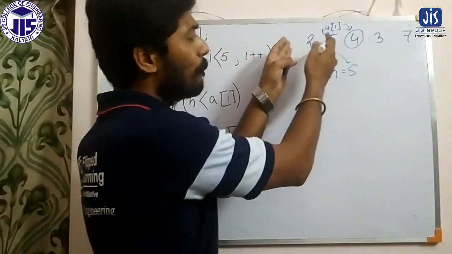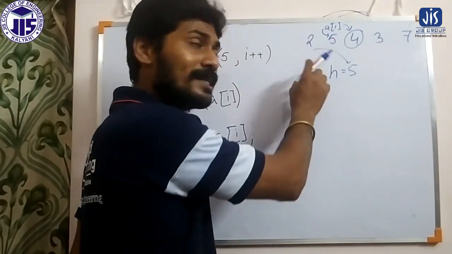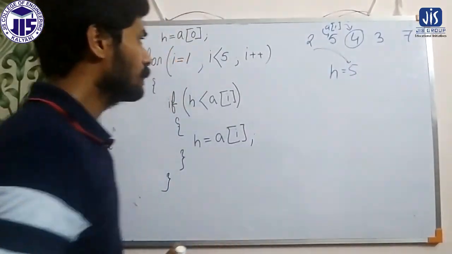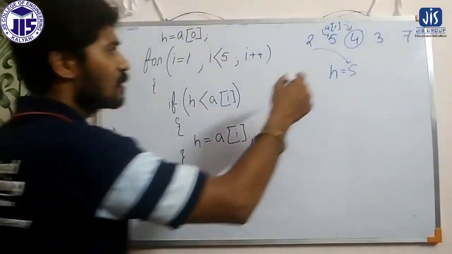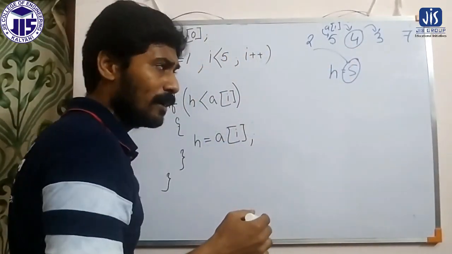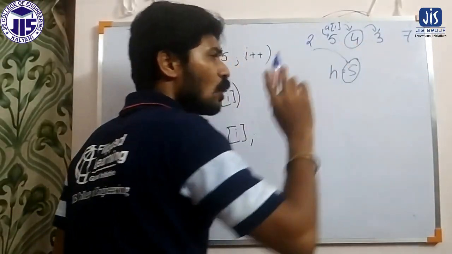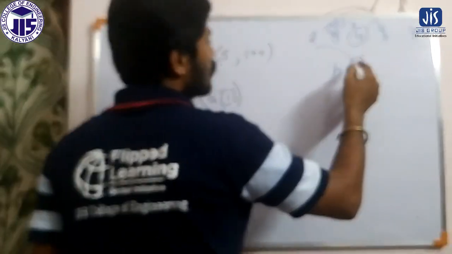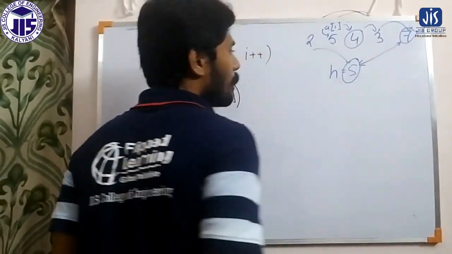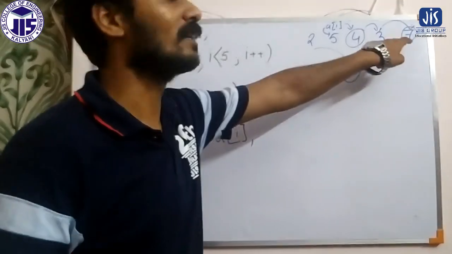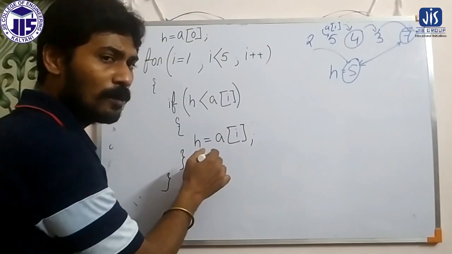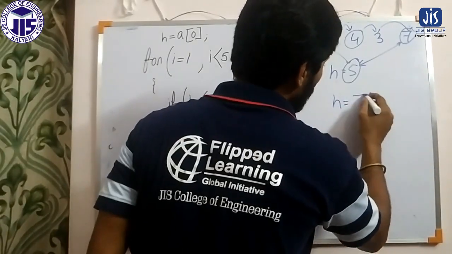So basically we are comparing all the elements, a0 and a1, a1 and a2, a2 and a3, but through h. Next the value of i will shift to 3. For this also, h already has the maximum element, so 3 and 5 after comparison, no replacement is done. Next it will compare h and 7. The value of h is less than ai, so we have to replace the value of h. The value of h will be 7 now.